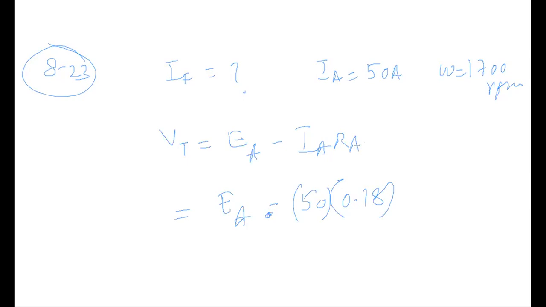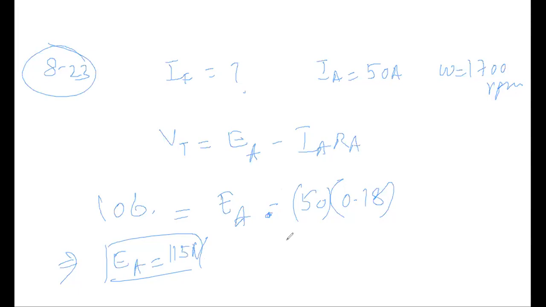The terminal voltage is 106. This is given to us. Okay, so we can find EA. EA will simply be equal to 106 plus 50 times 0.18. What is EA? Quickly answer on the chat window. What will be EA for this generator under this loaded condition? It is 115 again by Anam Shafiq. Thank you very much. That is correct. It is volts. Okay, 115 volts will be the value of EA.